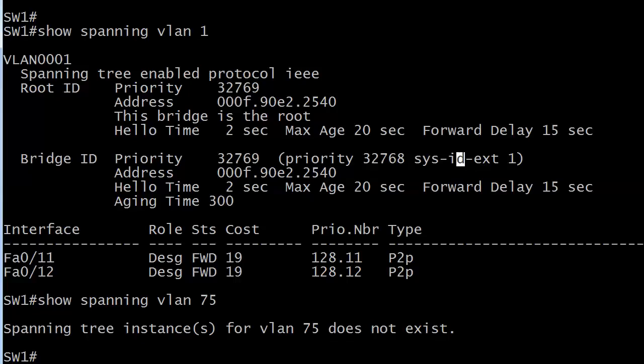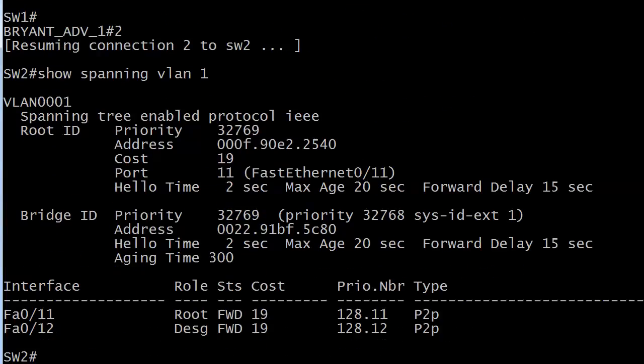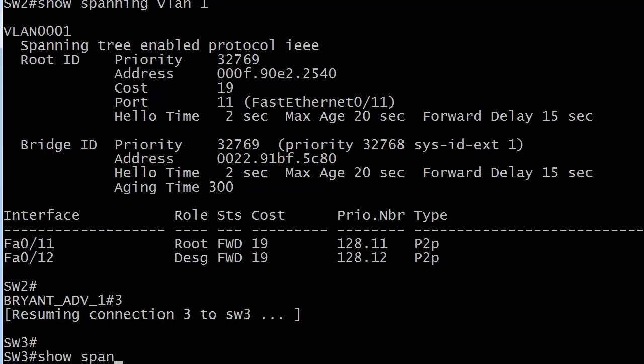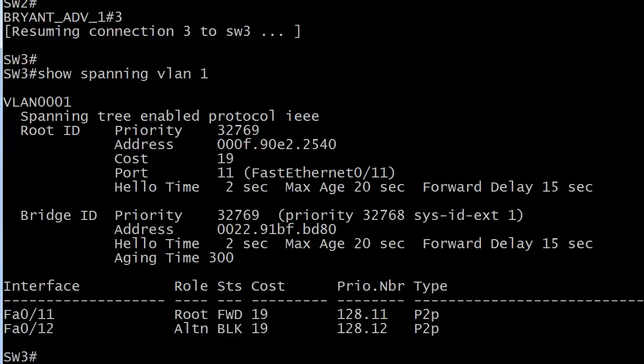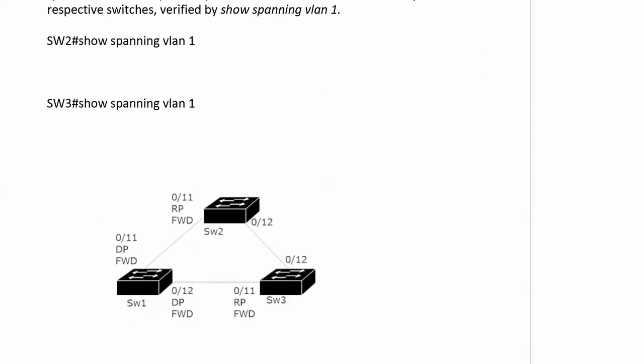1. So let's go over to switch 2 and run show spanning VLAN 1. And you can see right here that switch 2 has Fast 1/1 as its root port, and it's in forwarding mode. That's the port we're really interested in right now. If we go down over to switch 3, Fast 0/11, root port, forwarding status. So we're again seeing what we expect to see, and that's where we are at this point with this diagram,